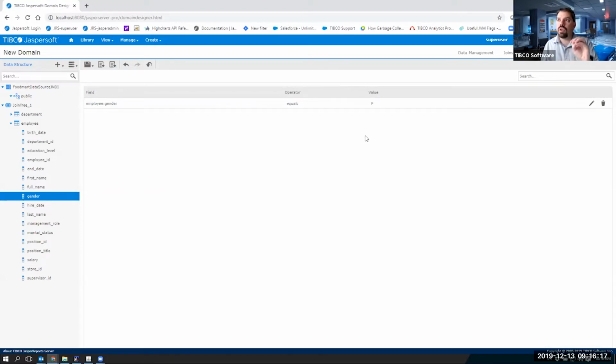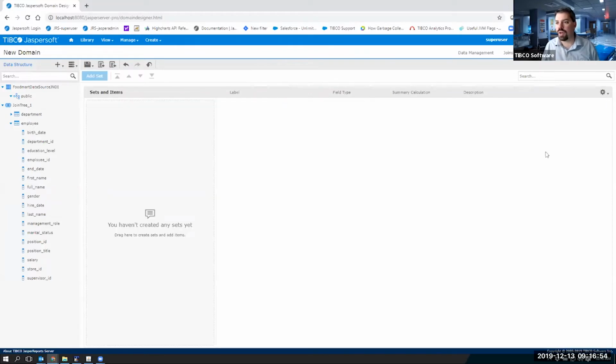The thing about this is, when you do this, your end user doesn't know that you've done this. They don't ever really see a representation of that until they start showing data and they only see the females. So what I really recommend is when you save this domain and you choose a name, I would indicate that limitation in the name. That's just my recommendation there, because it'll make it a lot easier for users if you say, well, I've got my employee department data, females only, and that way they know what it is. Because if your users go in and they pre-filter, they filter their data and only show the males, they're not going to see any data at all, and they're not going to understand why.